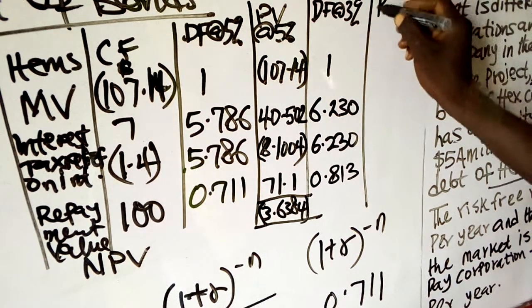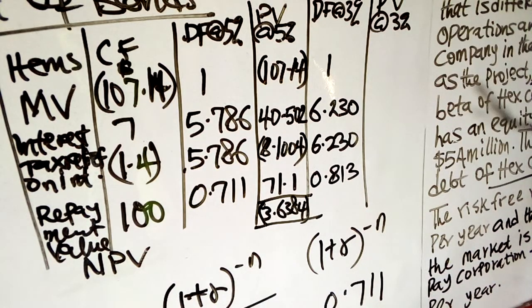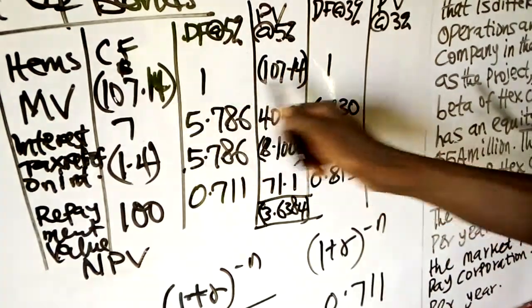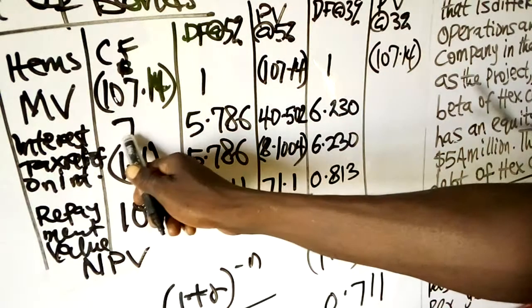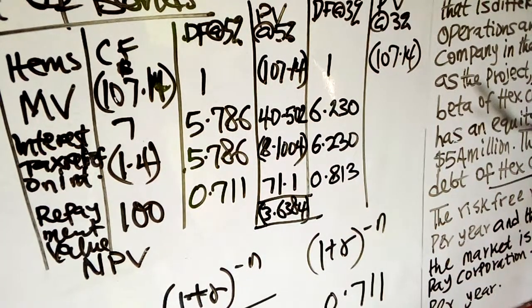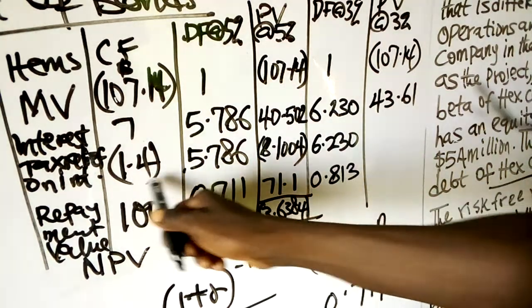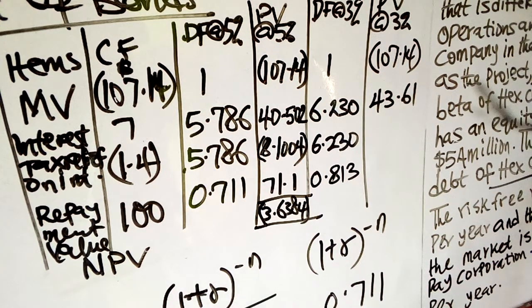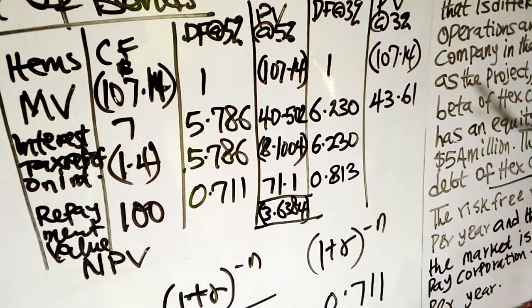Now, you need the present value when the discount factor is 3%. So 107.14 times 1 will still be 107.14. Then 7 times 6.230, we have 43.61. Then 1.4 times 6.230, minus 1.4 times 6.230, then we have minus